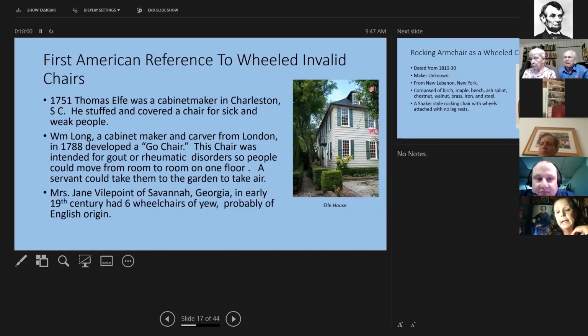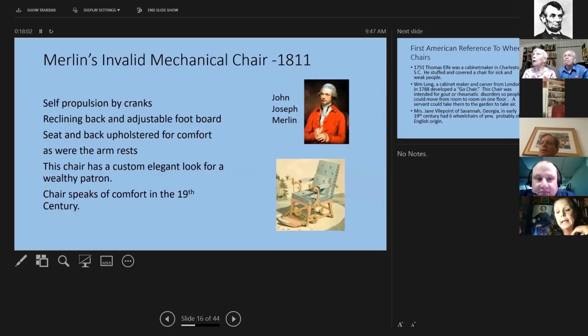Go back. I have to go back. This is John Joseph Merlin in the red coat, and he invented this invalid mechanical chair right here. It was self-propelled by cranks.